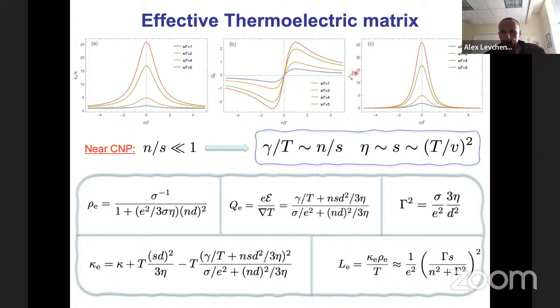So here I plot for you the effective Lorentz number in units of e squared and Boltzmann constant, which shows this giant peak appearing, and we can quantify this peak, which goes as high as an order of magnitude. And the width of this peak is controlled by the intrinsic conductivity in units of the conductance quantum, multiplied by the fluid viscosity and the width of the channel. So again, measuring how the width changes with temperature or the size of the mesoscopic device gives you access to the measurement of the fluid viscosity.